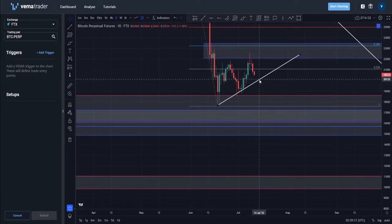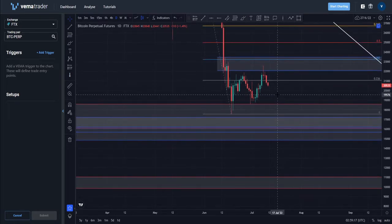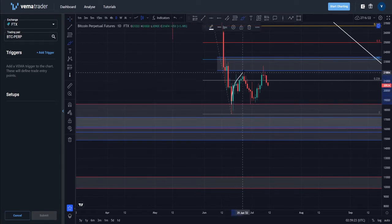What actually gets me more excited for the bulls is a big if. There's still a lot that needs to happen for it to look that way, but we are in a range, right? We are in a bit of a range at the moment, and so I am potentially expecting to see a Wyckoff range form. If that does happen, what I think is important to consider is that there is potentially